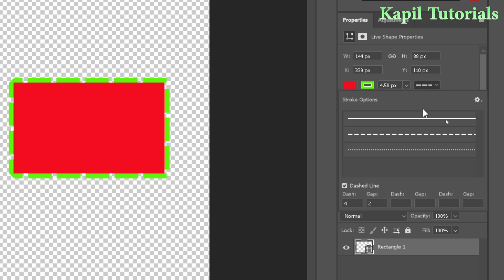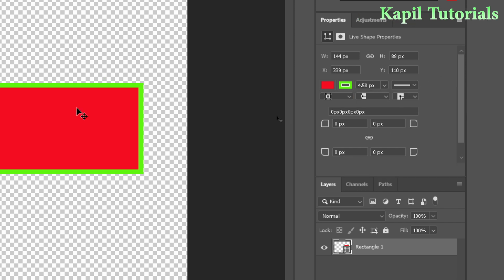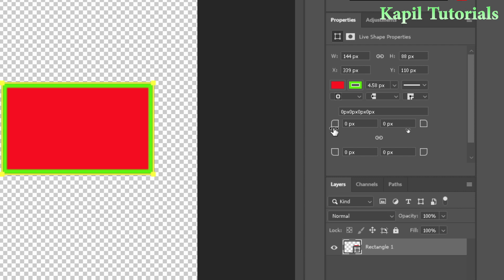First of all I'll select the stroke option, I'll select this line, and then just see what happens if I move my mouse right or left. This is from the left side, see how it's going. I'll press undo, and now if I click on this link option and do this, all sides become rounded, because this is linked. If I click it again to unlink it, now I have control over one side, like this is left,